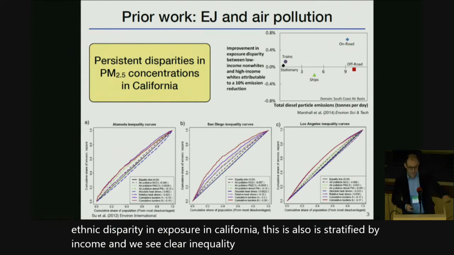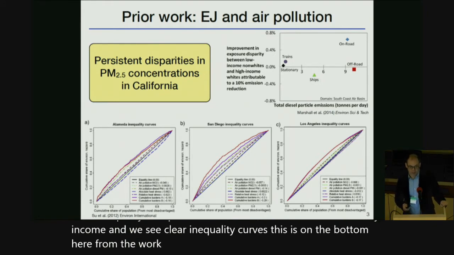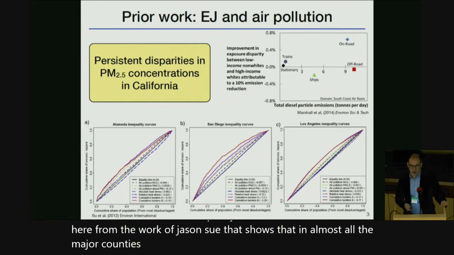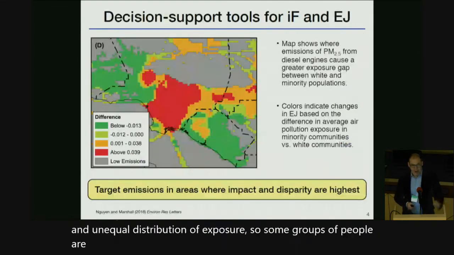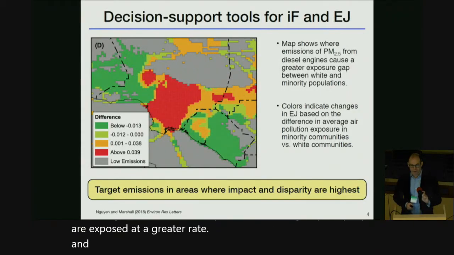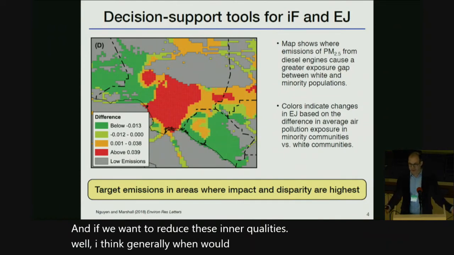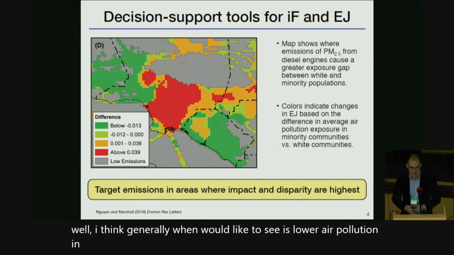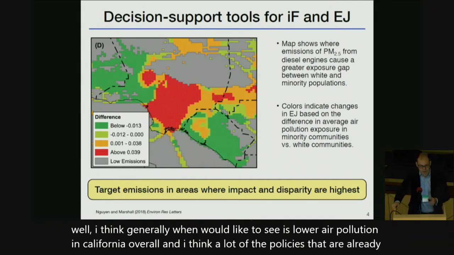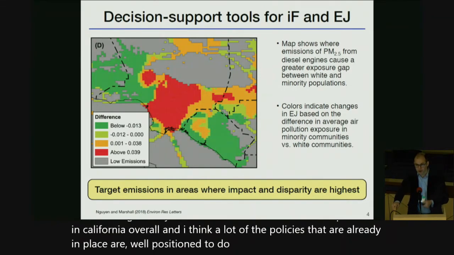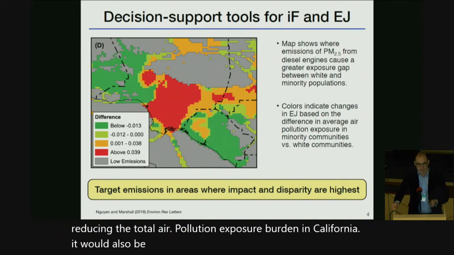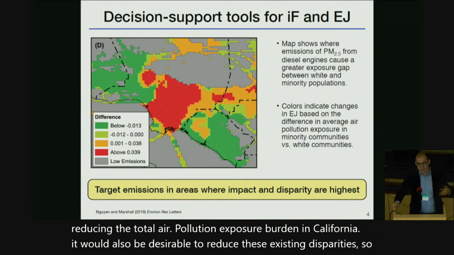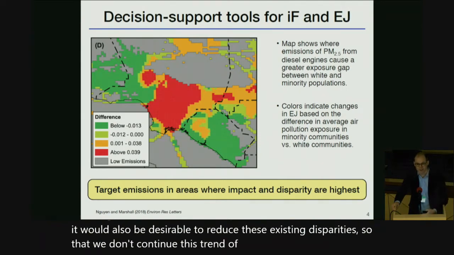This is on the bottom here from the work of Jason Su that shows that in almost all the major counties in California, you have an unequal distribution of exposure. So some groups of people are exposed at greater rates. And if we want to reduce these inequalities, well, I think generally what one would like to see is lower air pollution in California overall, and I think a lot of the policies that are already in place are well positioned to do that. In addition to reducing the total air pollution exposure burden in California, it would also be desirable to reduce these existing disparities so that we don't continue this trend of overall downward concentrations in California, but